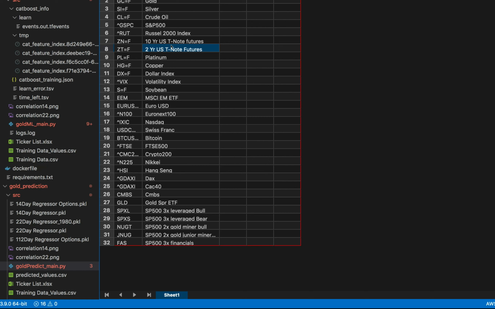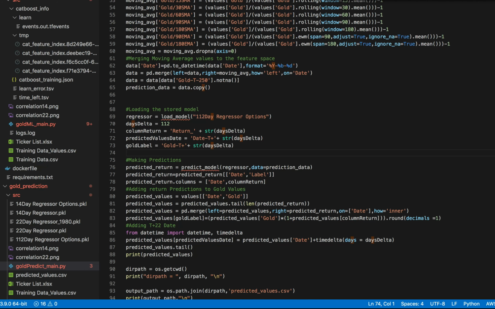The funny thing was, when I was looking at my data, there's some stuff like Bitcoin, which none of these things should contribute strongly to how gold moves. But despite having almost 32 different types of data coming in, Bitcoin was contributing at certain times almost 6% of how much gold moves, which means that there's a strong correlation between what goes into pricing of Bitcoin most likely and also what goes into pricing of gold. That's a very interesting relationship, because a lot of analysts don't tend to use these